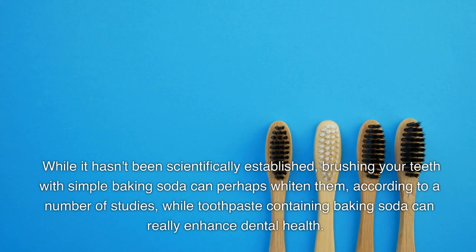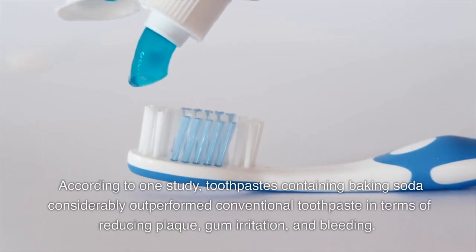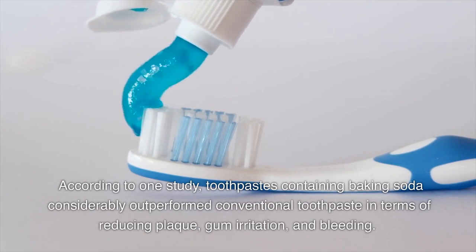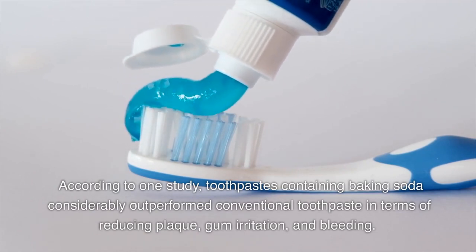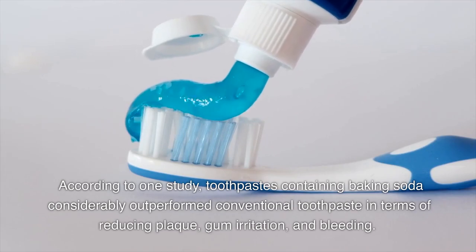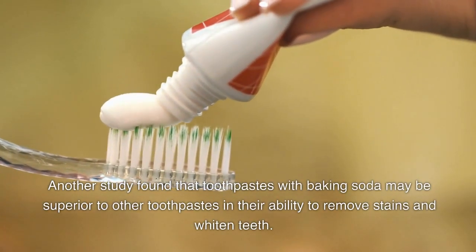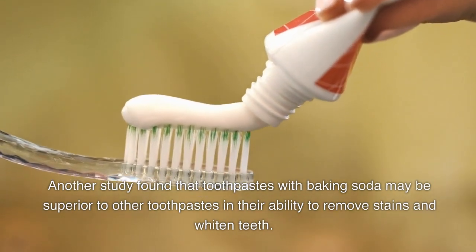While it hasn't been scientifically established, brushing your teeth with simple baking soda can perhaps whiten them, according to a number of studies, while toothpaste containing baking soda can really enhance dental health. According to one study, toothpastes containing baking soda considerably outperformed conventional toothpaste in terms of reducing plaque, gum irritation, and bleeding. Another study found that toothpastes with baking soda may be superior to other toothpastes in their ability to remove